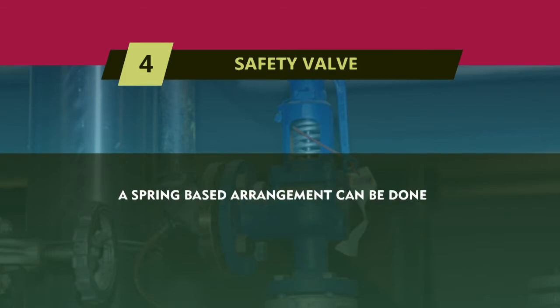As soon as the pressure comes back to the original preset value, the valve will close again, restoring the natural pressure or the normal pressure in the pipeline. These are spring-based systems, and if you look at the schematic of it, you can see that there is a packing washer, there is a spring, there is arrangement for letting go of the wastewater from the system, there is an adjusting screw that allows us to preset a pressure into the safety valve, and there is a lock nut as well. So as shown in the schematic, a safety valve has a spring-based arrangement in it.